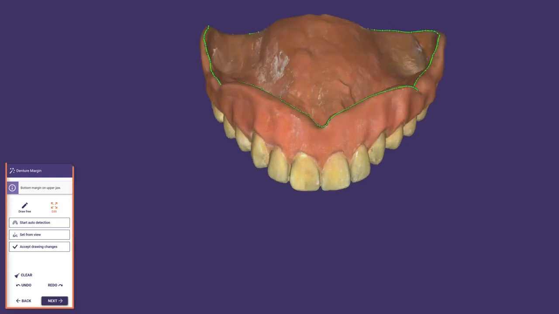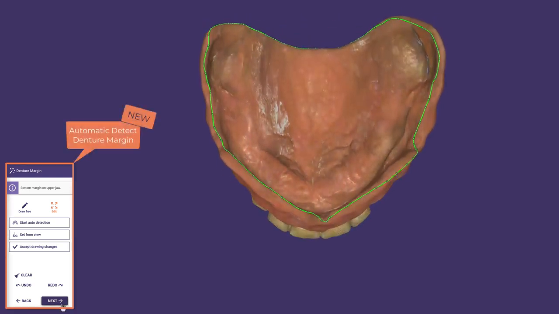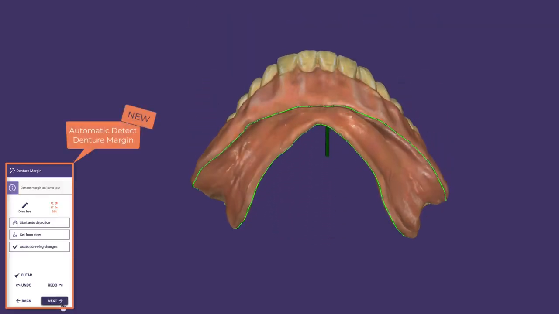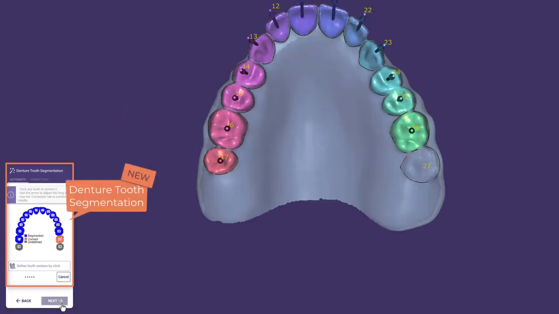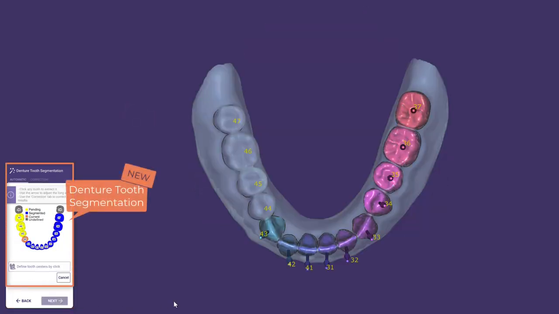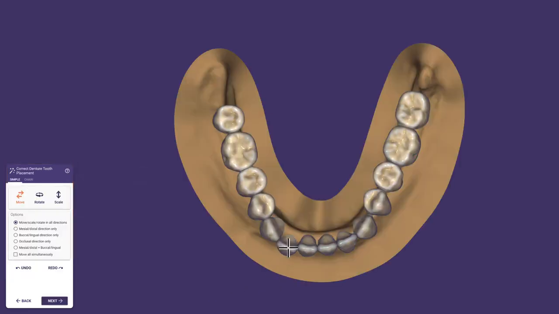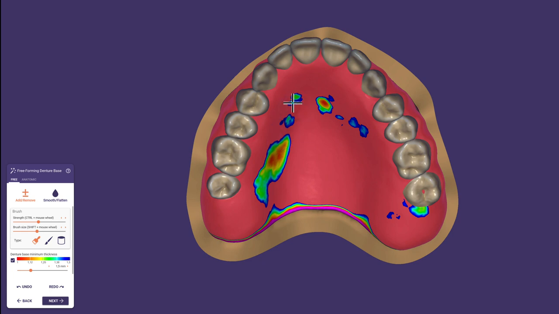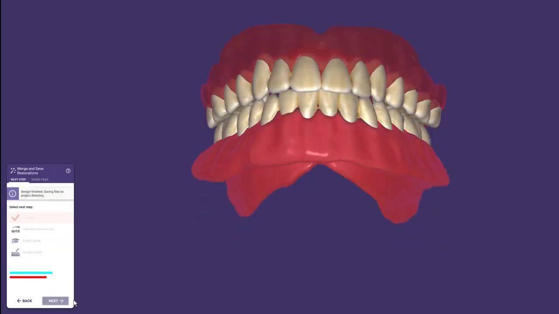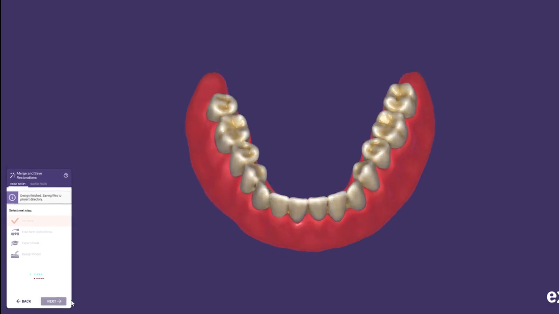blow your mind. First, the margin line for both dentures will be detected automatically for you. Then, the new multi-tooth segmentation kicks in to detect teeth and gingiva. This allows you to customize the existing setup with ease, and both can be freeformed individually if you like. Instead of relining an old denture, this is how you rapidly and inexpensively produce a new set of dentures in